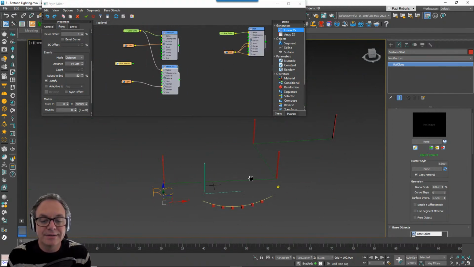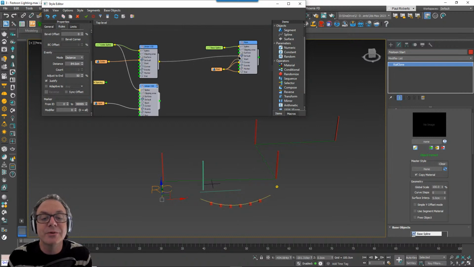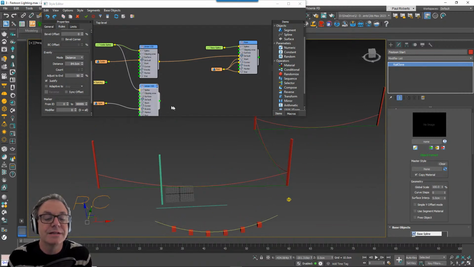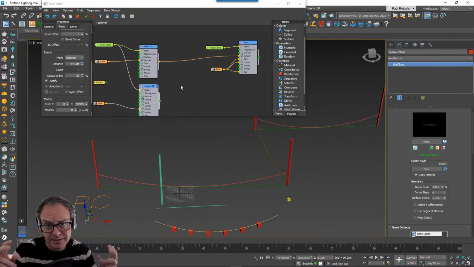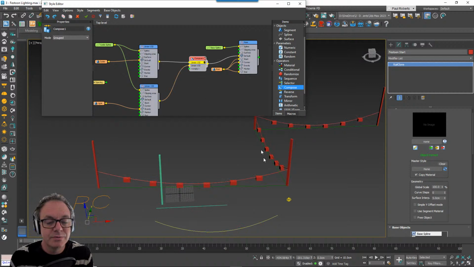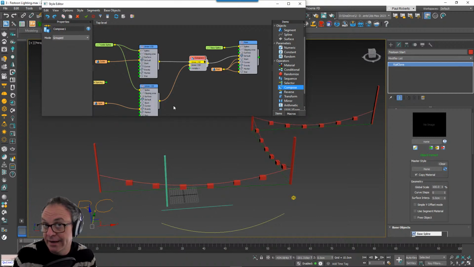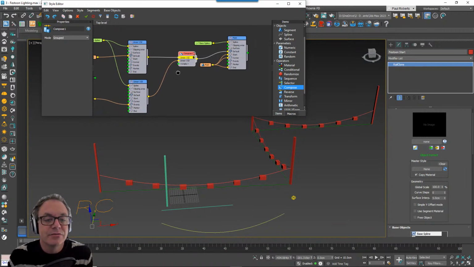So now I need to get these wired into this part here. And what I can do there is to add well, I could just wire them straight into the default input, and you can see that's kind of working. But they're on the ground and I haven't got the lights. So I need to compose them together into one object first of all. So I'll do that, compose that to there. I'm going to set the mode to grouped, and then I'm going to put the lights in as well. Now if I hadn't set the mode to grouped, you'd get one after the other. So I'd get the cable then the lights, whereas if I set them to grouped, it aligns them based on their pivot point. So that's fine, that's all working fine.